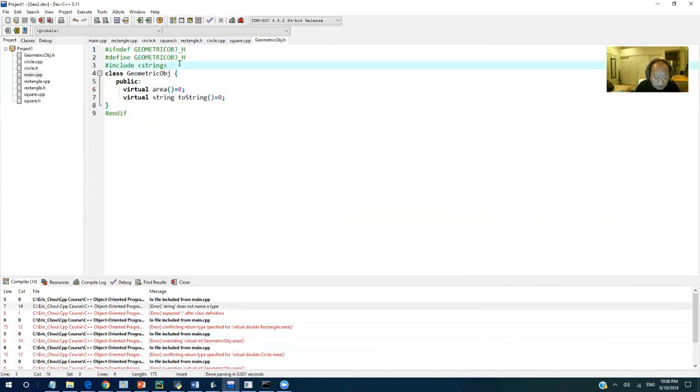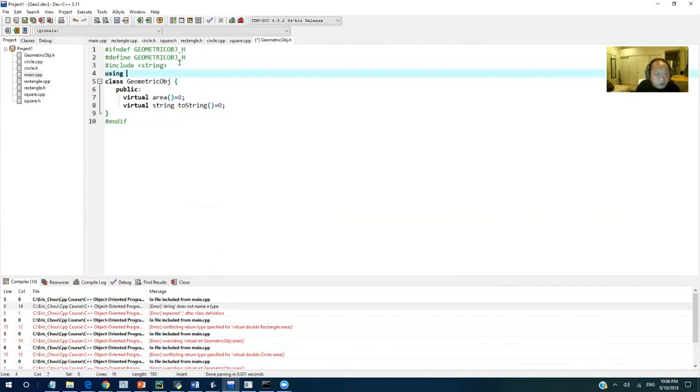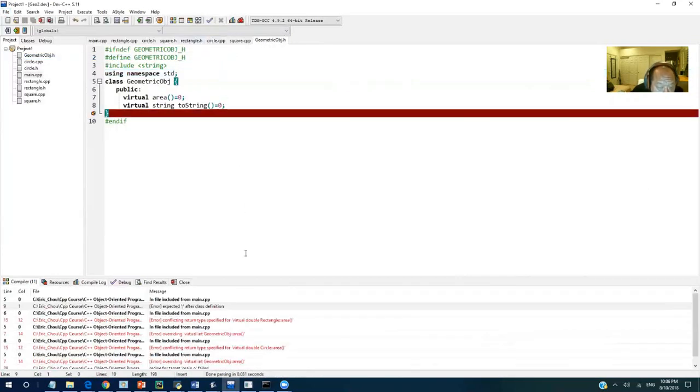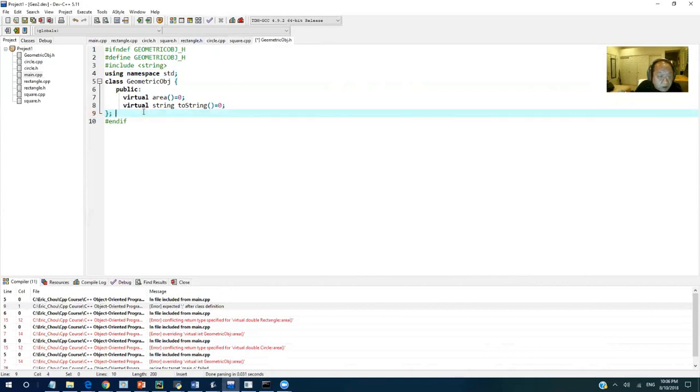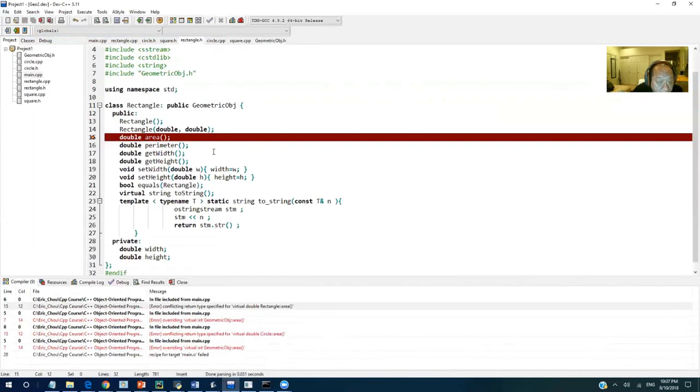Oh, then it's using namespace std. So set all and run. Expecting semicolon. Okay. You know, because C++ has so many grammatical rules, we just try to clean them one by one with the